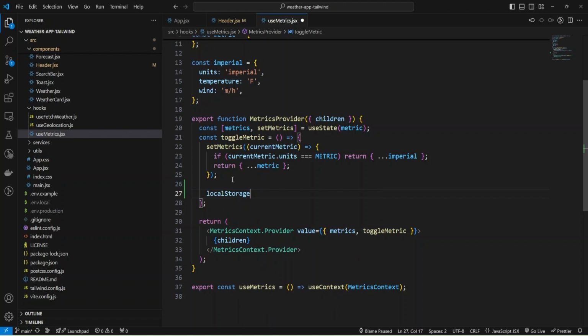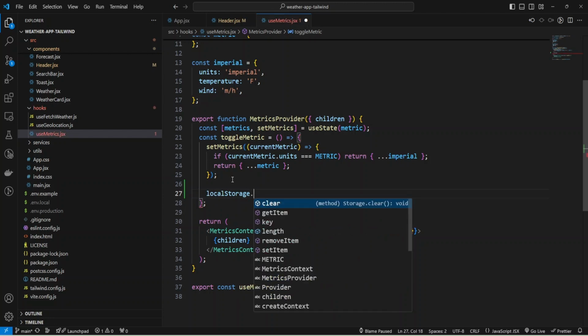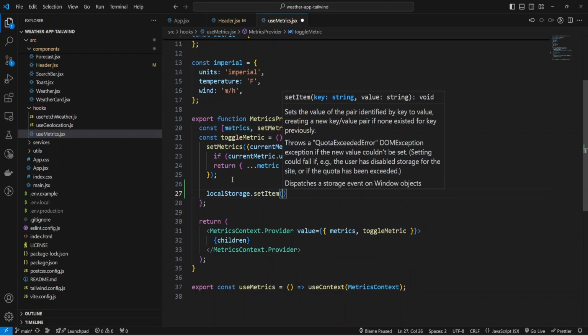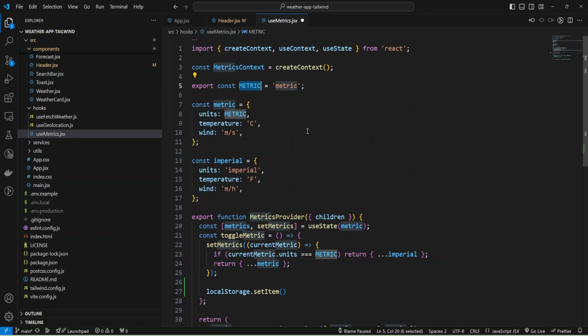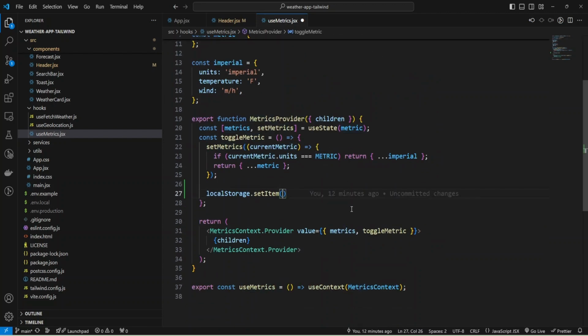And I'm going to use local storage. Local storage is a global JavaScript object. And I can set an item, and as the key I'll use my const metric, and as the value I'm going to use the current metric units, and we need to refactor the code.